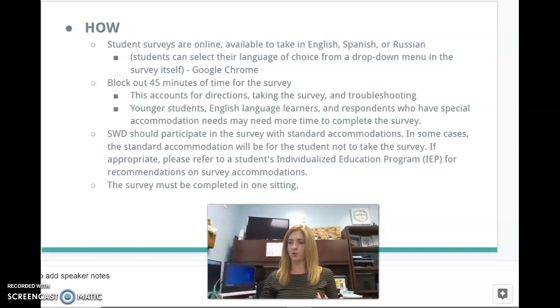If you guys will grab your teacher survey instructions and proctor script. So up at the top, you see setting up. It gives you the URL. That is the one that is unique to Westside, and it asks you to display a URL that everyone can see in your classroom. So you can just simply write it up on your board and the students will be able to type it in. Now you do also have the option, if you want to get fancy, to push it out through LAN school or a Google Classroom, you can write a link or something like that, and that would work as well for all the students to be able to access.